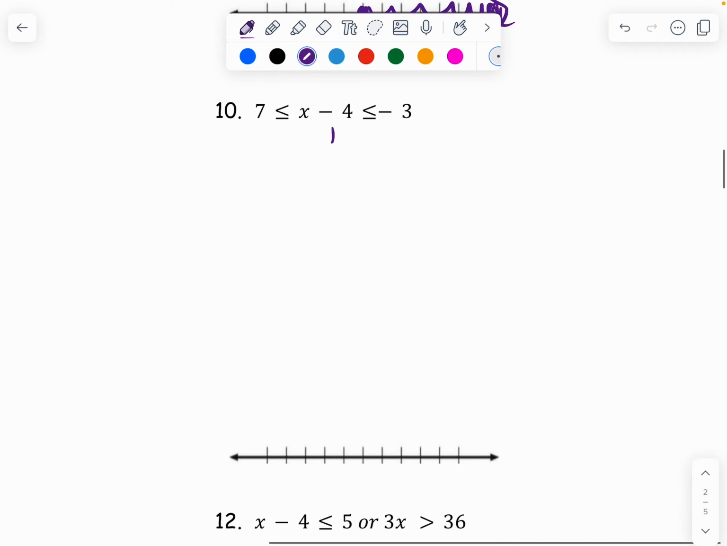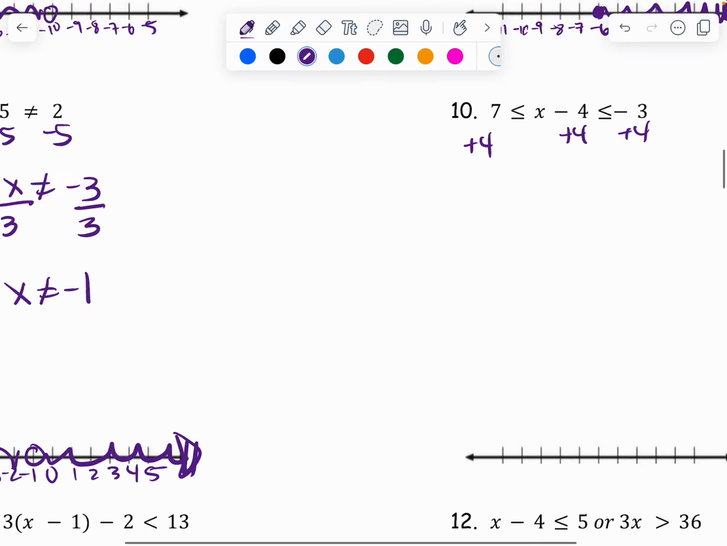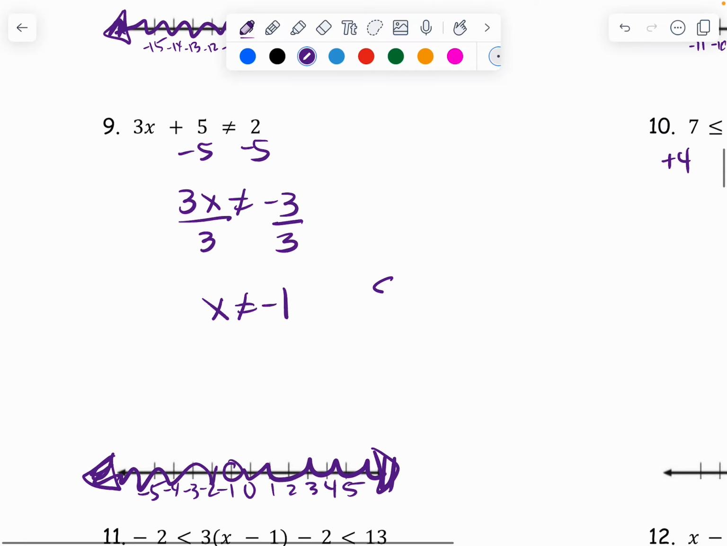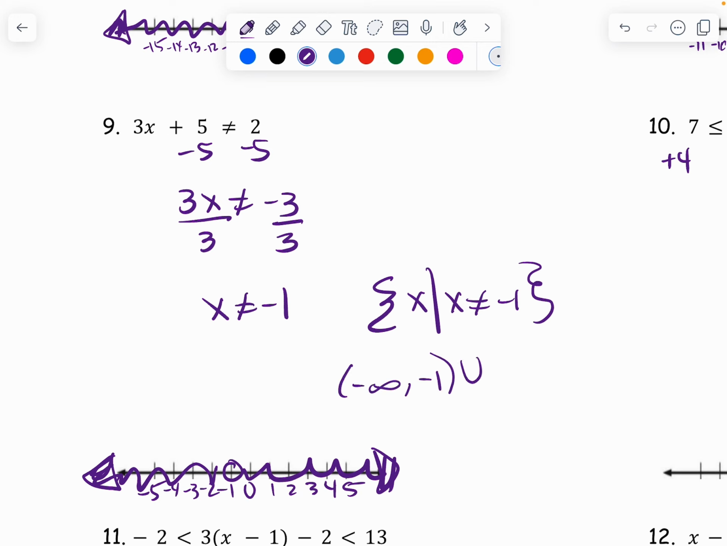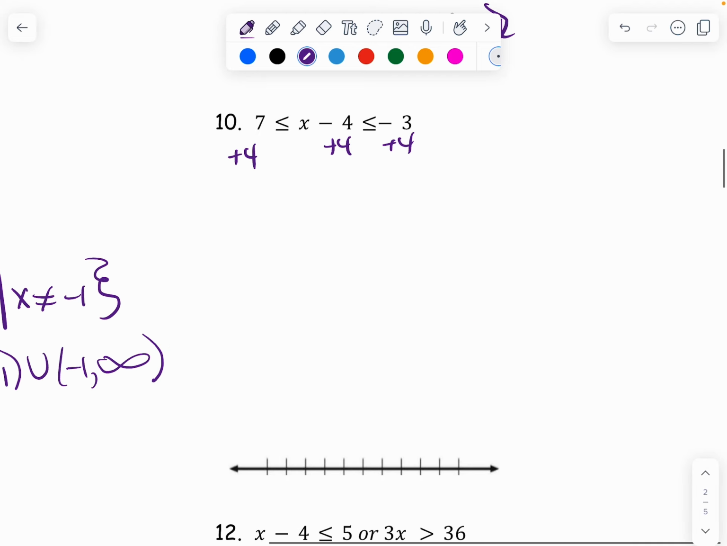This one, I add 4, add 4, add 4. Oh, sorry, I forgot to do set builder. And then it would go from negative infinity to negative 1, union, negative 1 to positive infinity, but it doesn't count negative 1. Okay, so this would be 11